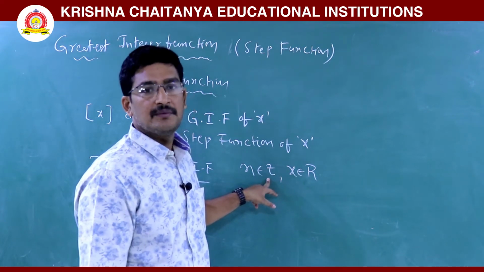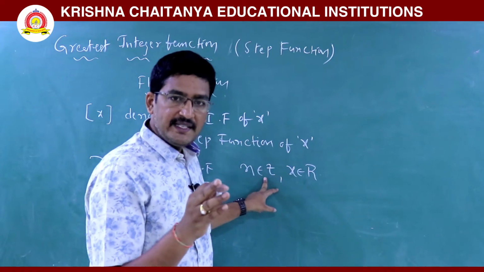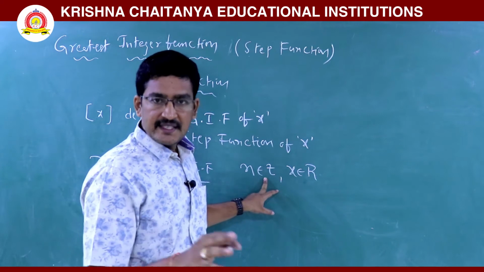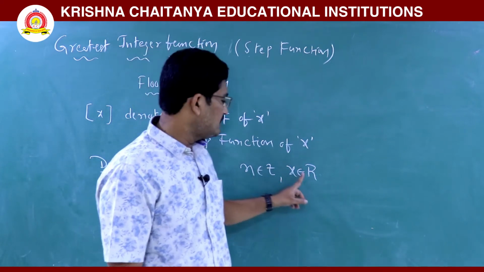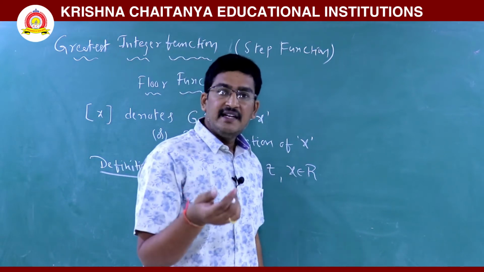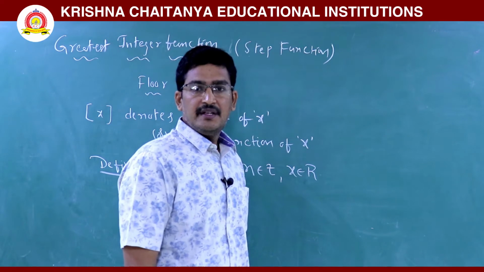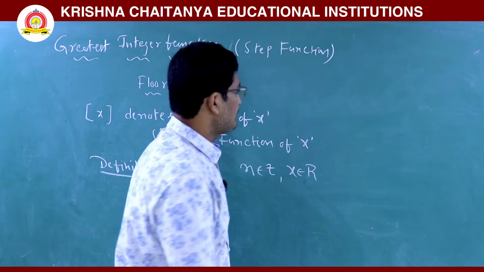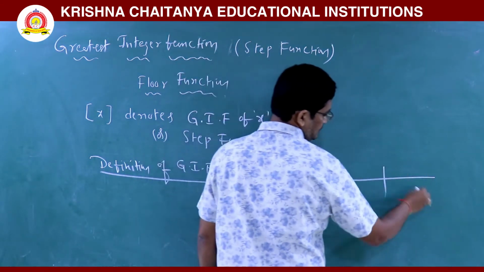Already you know about that. What is the integer after 6? It is 7. What is the integer after 7? It is 8. There is no integer between 6 and 7. There is no integer between 7 and 8. But between 7 and 8, infinitely many real numbers are there. Between 6 and 7, infinitely many real numbers are there. This is the real number system.